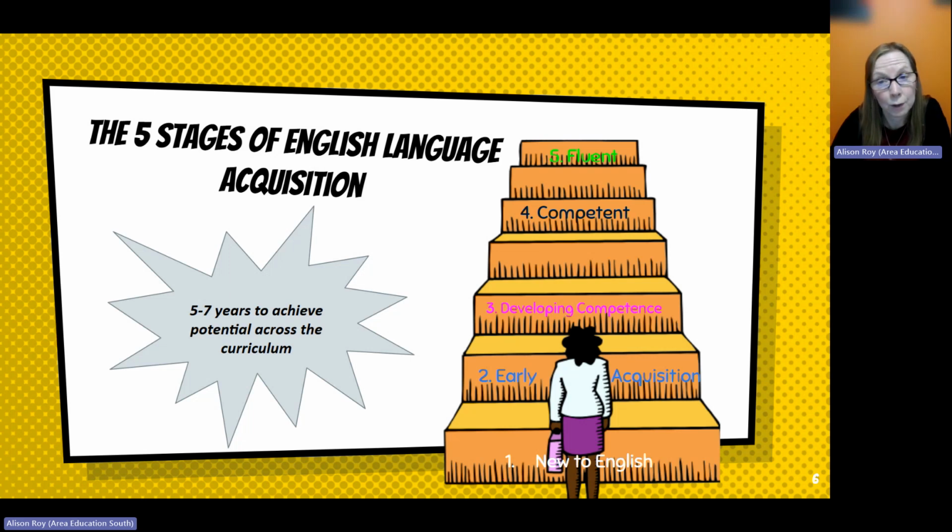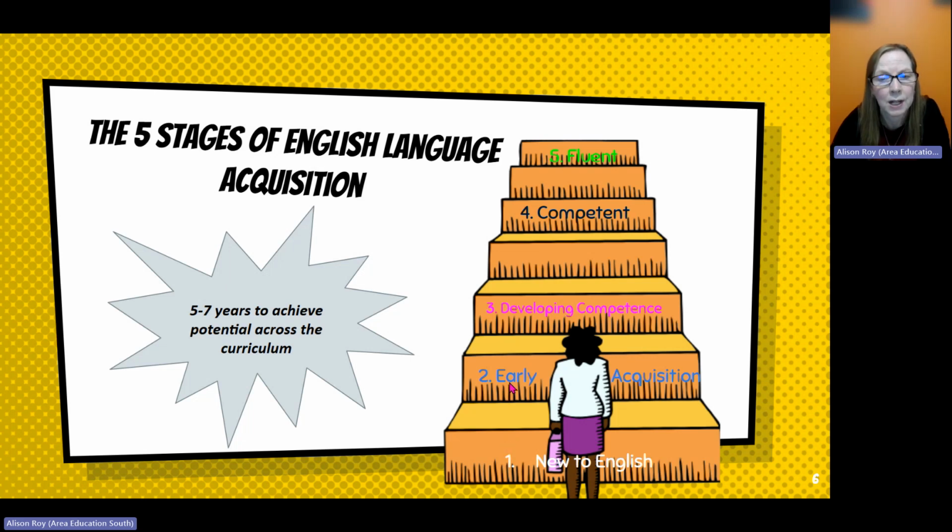have been living in another country, often being educated in their home language and speaking their home language at home, then coming to an English-speaking country, a school, and they're very much new to English. They'll start to acquire individual words, start to understand simple language, instructional language, common everyday terms. And then maybe from about 6 months to 18 months, they'll move from that stage one new to English to